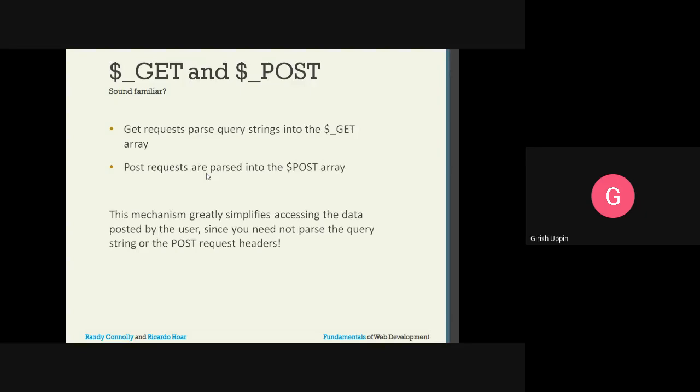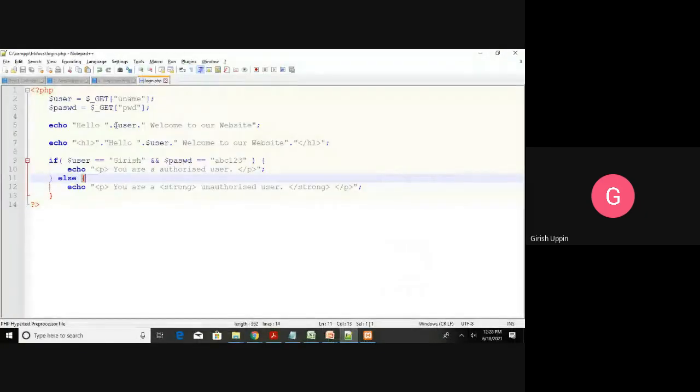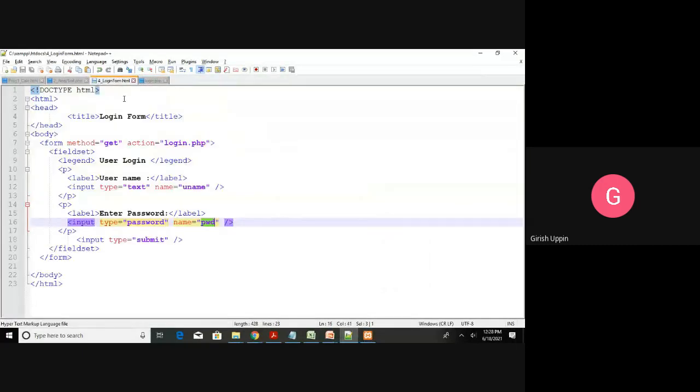Similarly, we can use the POST method. So how to do the POST method? In just 5 minutes I will tell you. First, you have to specify the POST method. Now if you see the browser, because we are using the GET method, you can see the complete information here. It is not good, right? Username is visible and password is also visible. We should be using the POST method.